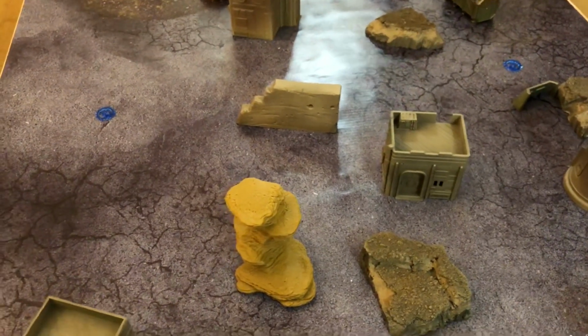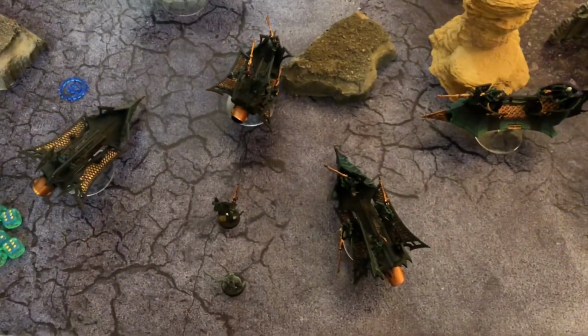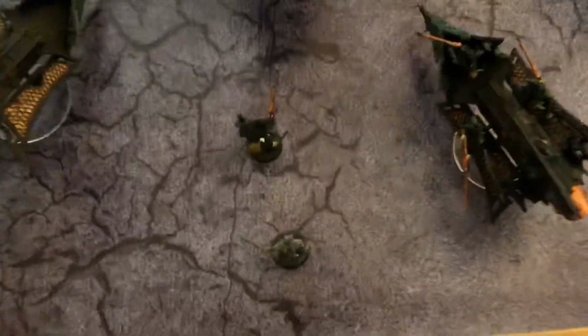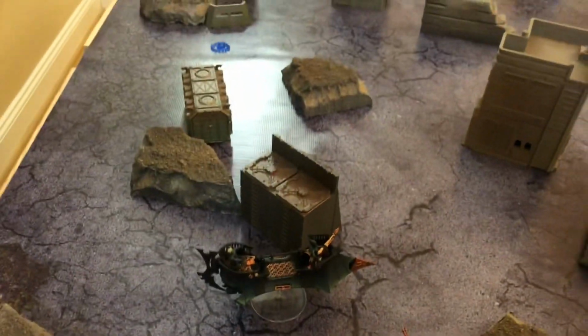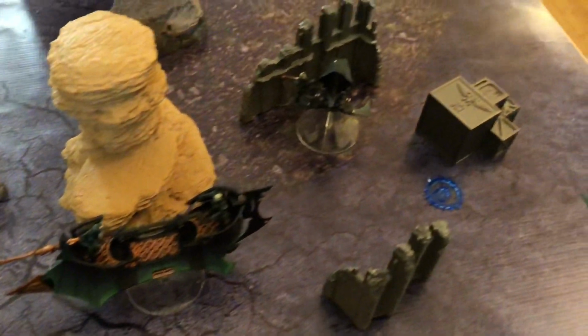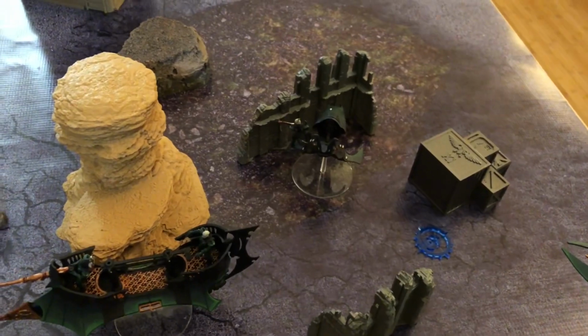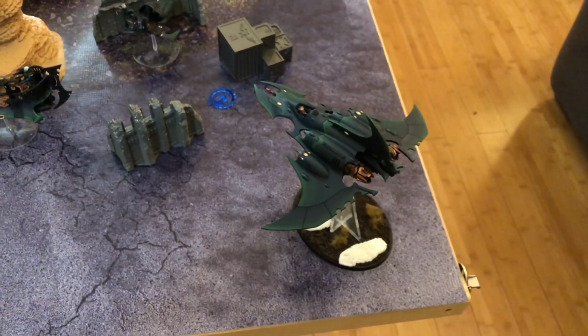So let's go over here and show you the deployment for the Drukhari. So these 3 Ravagers are castled up. There's the Warlord and the other Archon HQ choice. There's a Raider right here in cover. There is another Raider here also in cover. This Venom is pretty much completely concealed by these ruins, and then the Razor Wing Jet Fighter is in the